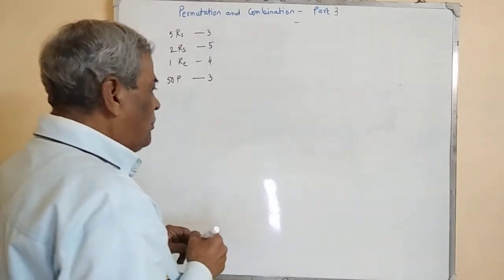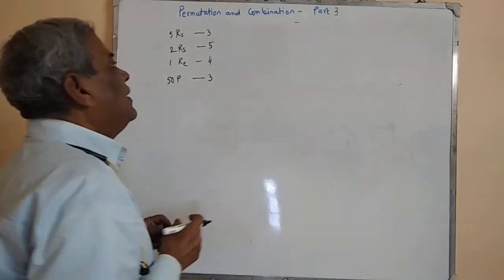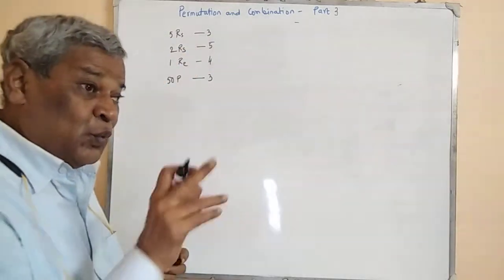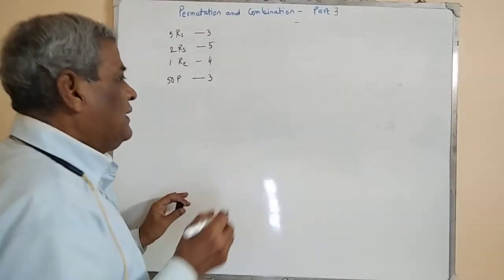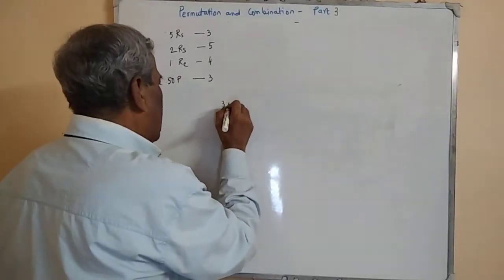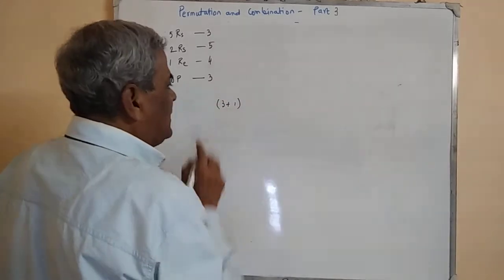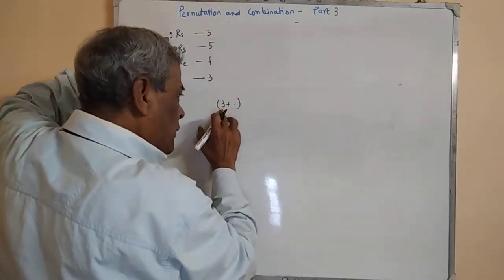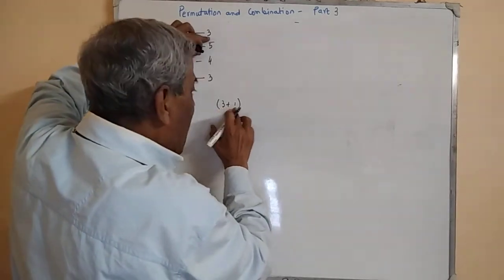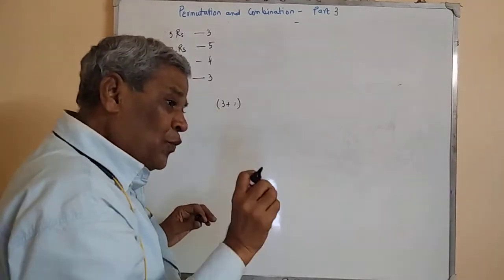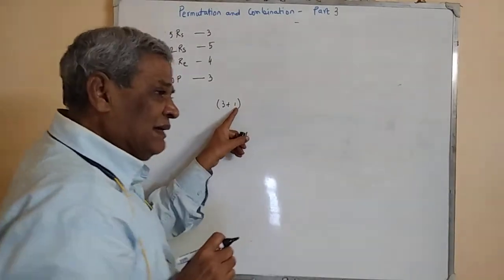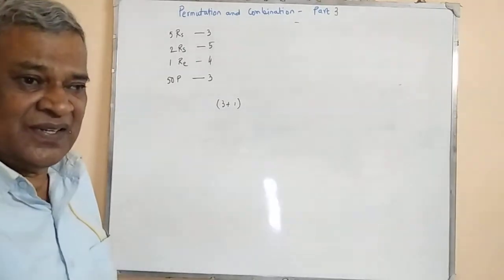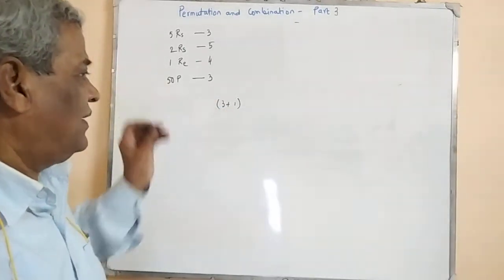Okay, let us think about the problem in that way. She has three 5 rupee coins. So with respect to 5 rupee coins, she can give 3 plus 1. Why 3 plus 1? One 5 rupee coin, or two 5 rupee coins, or three 5 rupee coins, and this one is no 5 rupee coin. In that case, help will be from other coins. That's why it is 3 plus 1.